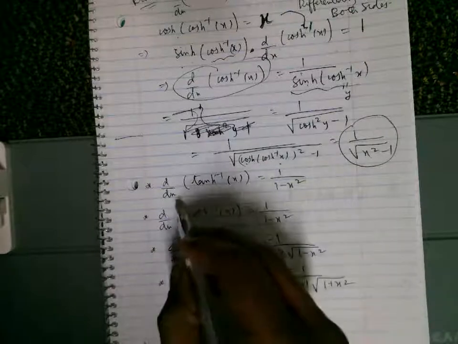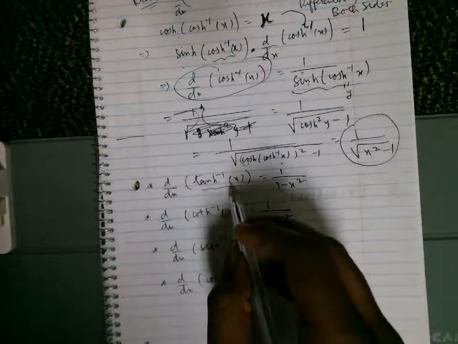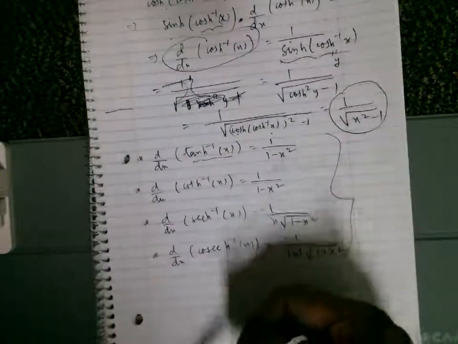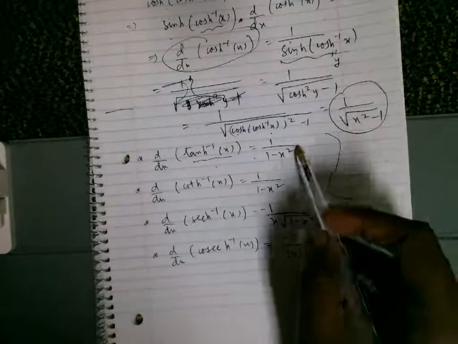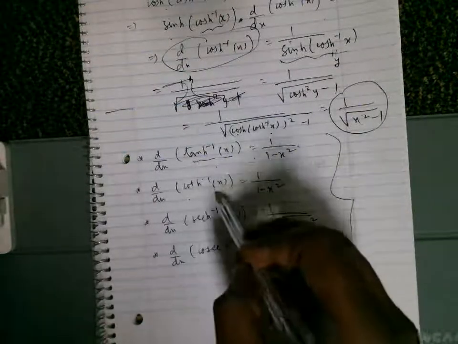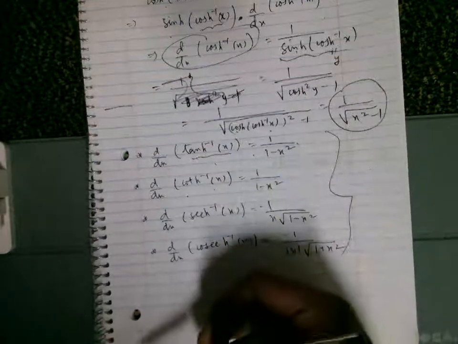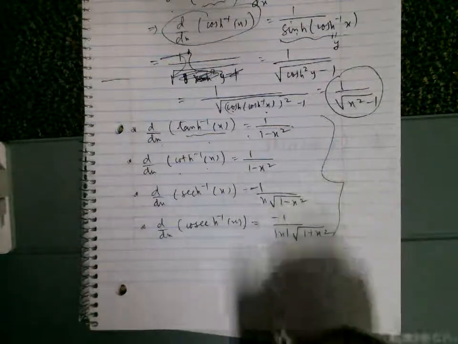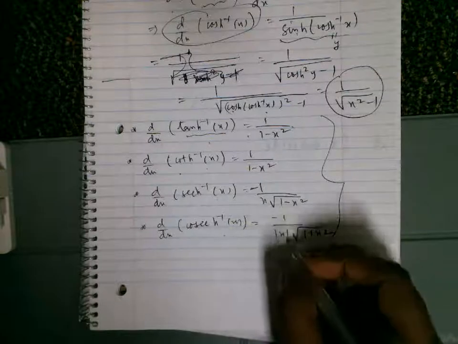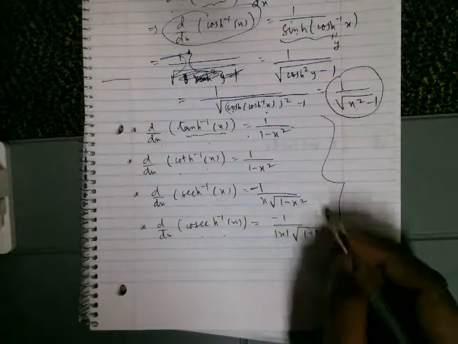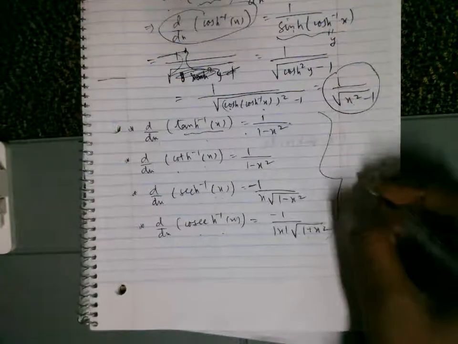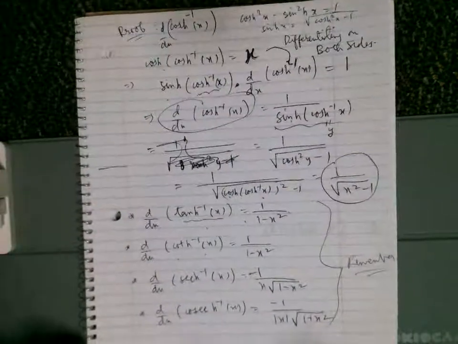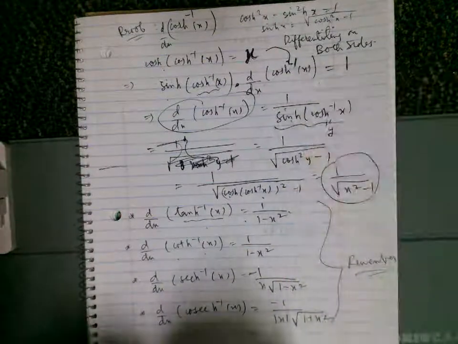So similarly, you can find out the derivatives of other hyperbolic inverse functions. I have written them down here for you. The derivative of tanh inverse is 1 by 1 minus x squared, and the derivative of coth inverse is 1 by 1 minus x squared. The derivative of sech inverse x is minus 1 by x square root 1 minus x squared. And for cosech inverse, you have a modulus x, and instead of 1 minus, here you have 1 plus x squared. So these are some formulas that you may have to remember, and in case you forget, you can always use this kind of derivation.